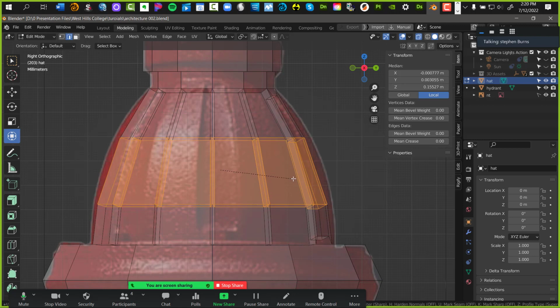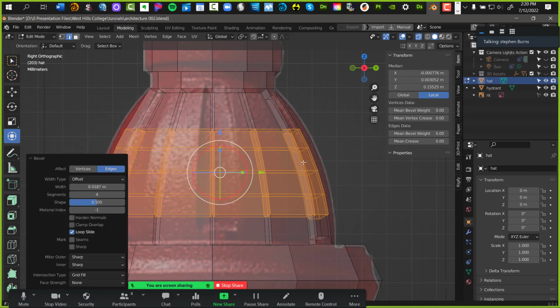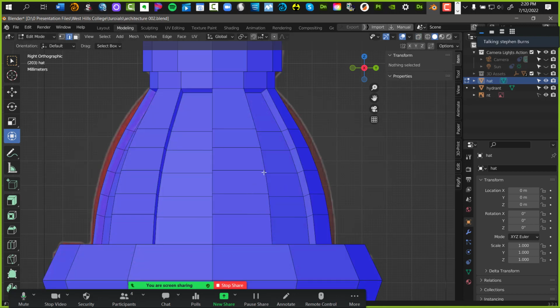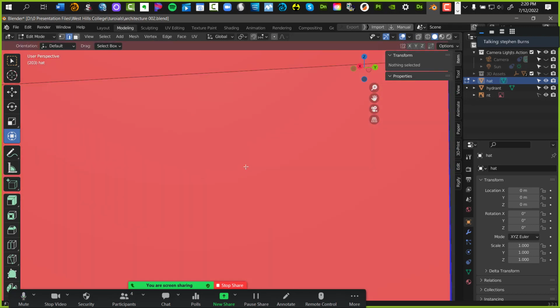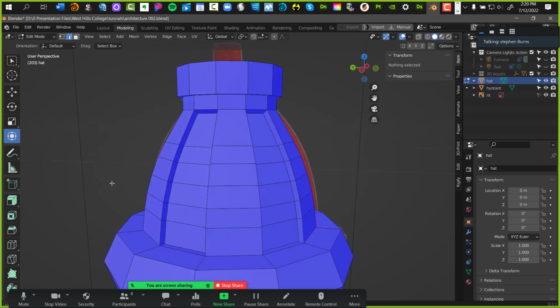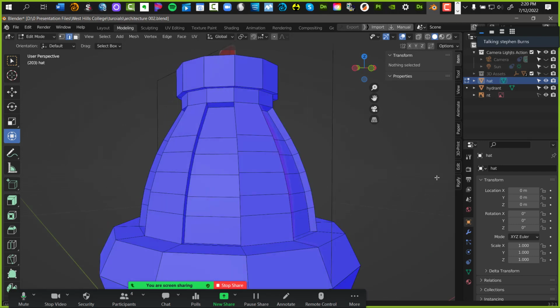Now watch the middle scroll wheel. Boom, boom, boom. It does it for me, and I can add more and get as close as I can. Then left click commits the changes. Turn off X-ray mode so I can see what I've done. And you've got more of the curvature that we're looking for. We're still not finished, but this gives you an idea of where we're going with this.